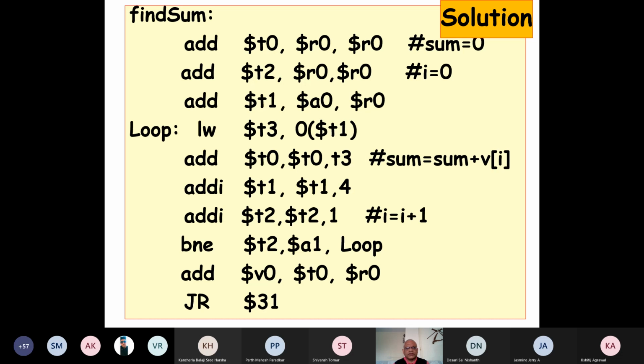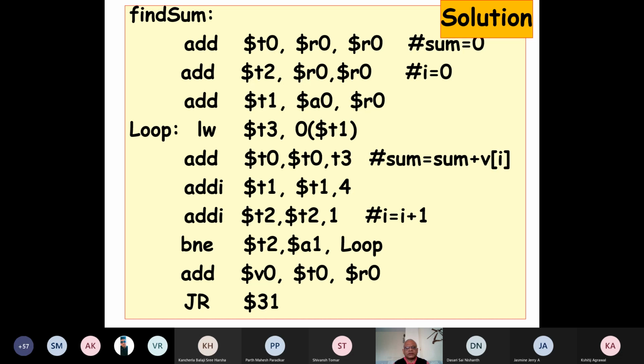T1 now contains the address of the start element. And we load that element into T3 register. We are careful not to use any saved registers. Otherwise, we'll have to first push the content on the stack. We don't want to do that. We are just using the temporary registers. And we got the first element here.